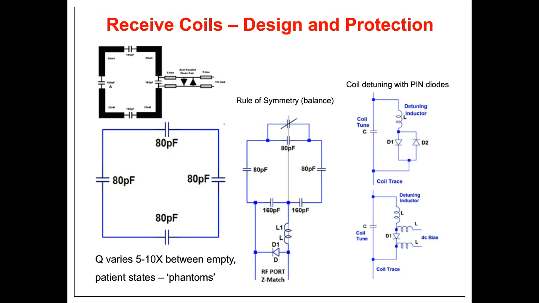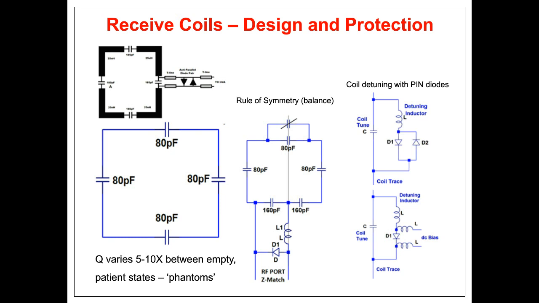Looking at the time, I'm just going to focus on one of the tuning types. You typically have multiple tuning capacitors on any one coil to prevent any individual coil line from being too long. But if you tap off one of those coils, and now I'm looking at the far right column of images, if you put a detuning inductor there connected with the coil, and then place either, say in this D1 and D2 or back-to-back PIN diodes, or